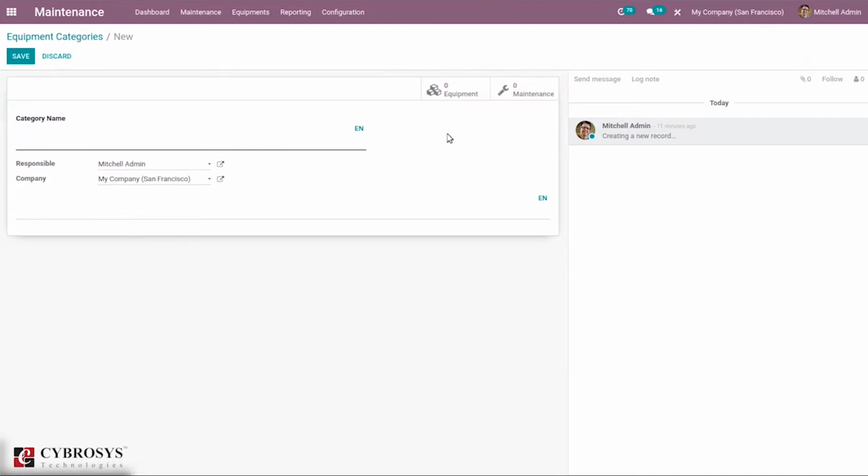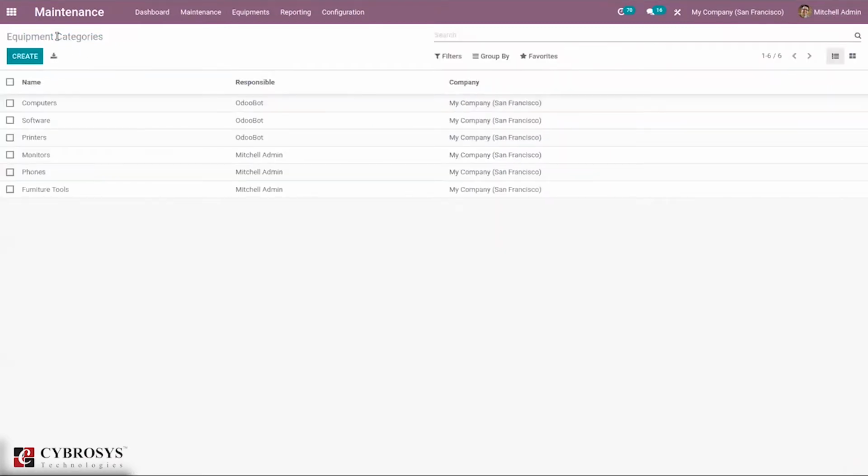And we'll be able to see the number of equipments in this particular equipment category. Then the number of maintenance, you can see maintenance requests. Okay, so that's how we configure teams and equipment categories.